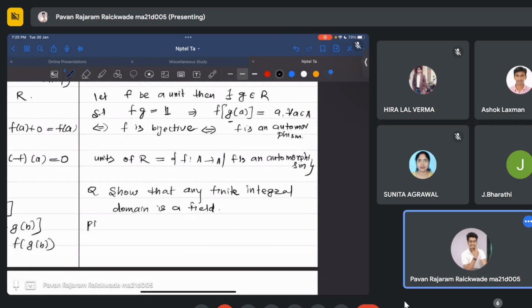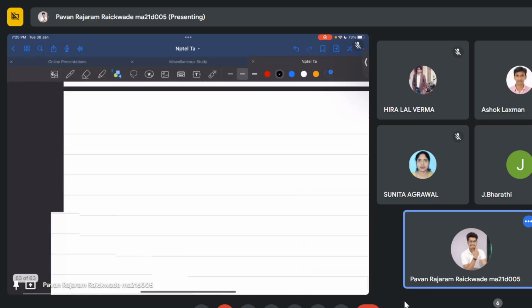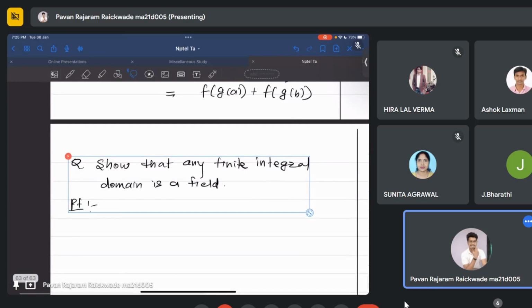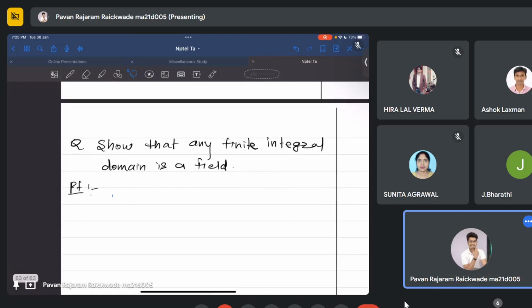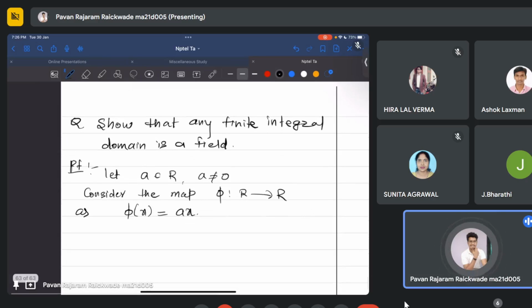How do you show this? I'm going to take this to another page. So that any finite integral domain is a field. Okay. So let's start with any non-zero element A. Consider the map phi from R to R as phi of any element x is Ax. Okay, this is a well-defined map, and